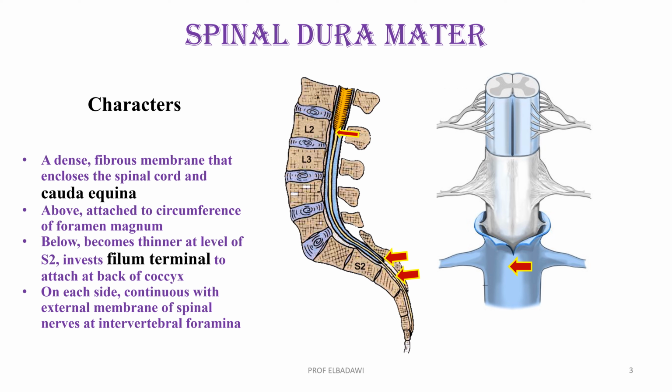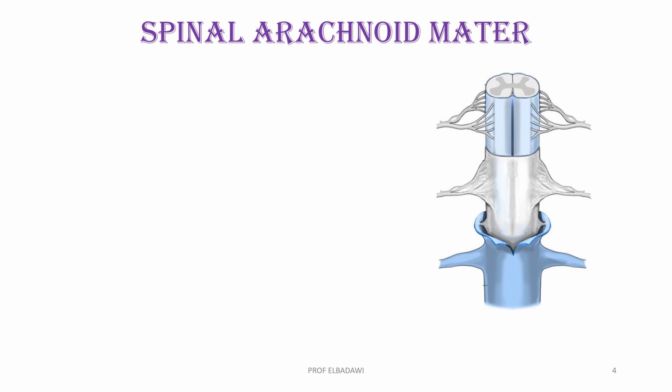On each side of the spinal canal, and also above along the cranial nerves within the cranial cavity, it extends with sheaths around the spinal nerves to end at the intervertebral canal. About the arachnoid mater, this is the second layer,